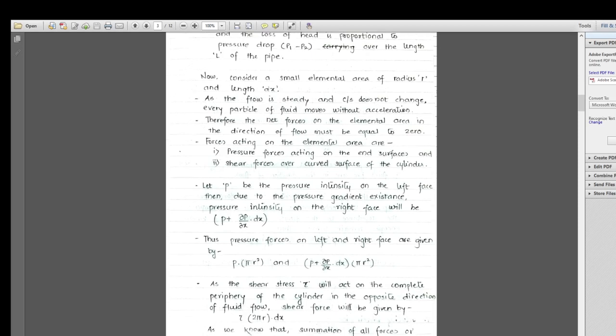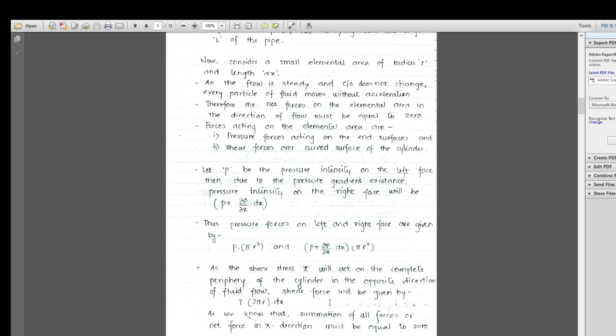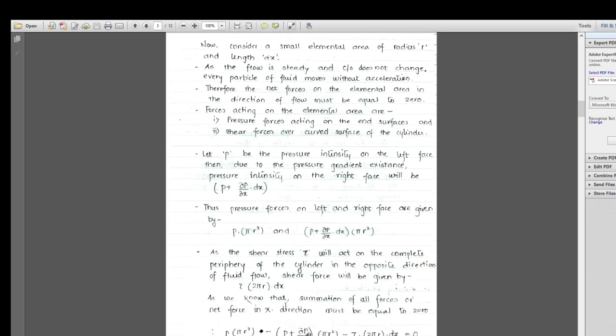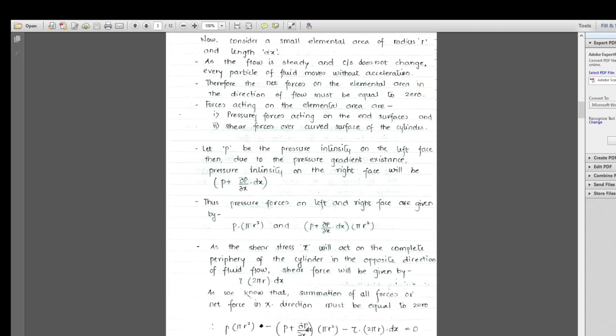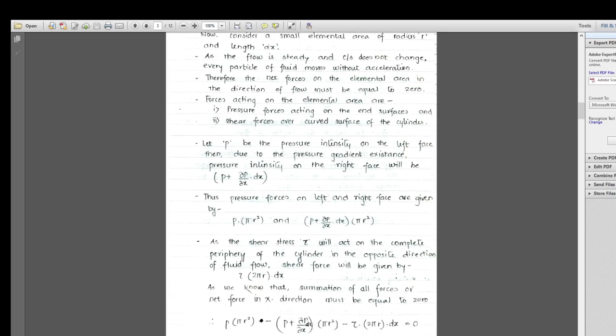As the shear stress, that is tau, will act on the complete periphery of the cylinder in the opposite direction of the fluid, the shear force will be given by tau into 2 pi r into dx. As we know, the summation of all the forces is equal to 0 in the x direction. Therefore, now this P